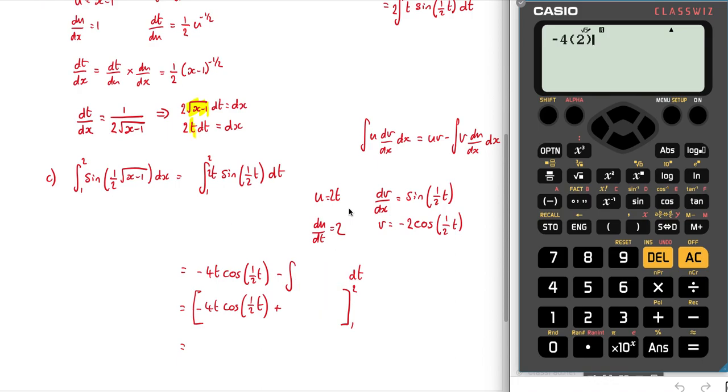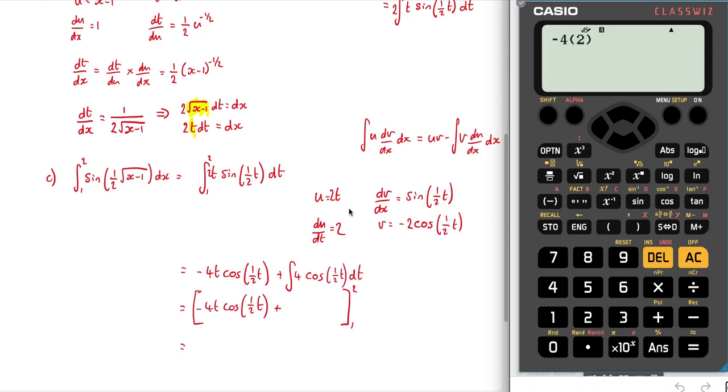Again, my show that's telling me this. So what have I got? UV is 2t minus 2 cos half t. That is fine. That's minus 4t cos half t. And then I've got the integral of v du. So that is minus 2 times 2 cos. There's where the sine is going to come from. So that's positive 4 cos